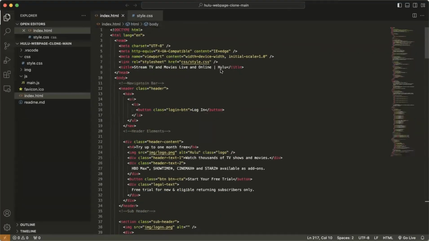Hey everyone, so this is my CSS project for this week. I decided to clone a Hulu web page because the website I coded earlier was kind of basic and I wanted a little more practice with CSS because I understand it's a big aspect of being a front-end developer. So I started with